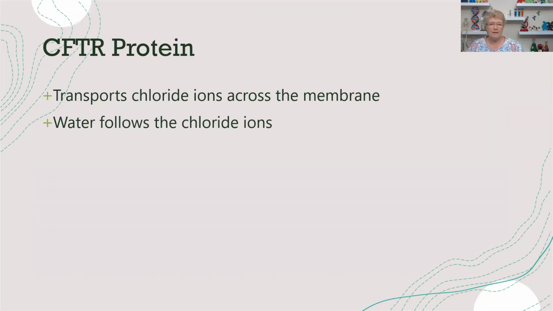Here's a kind of a real life example of a passive transport. There's a protein that's called CFTR protein. What CFTR does is it helps to maintain the amount of salt and water on a lot of your body surfaces. So let's look at the surface of the lungs. We know that our lungs have to be moist. There has to be just the right amount of water and salt on the surface of the lungs or they won't function properly. So when this protein, the CFTR protein, isn't working correctly, a component of salt, which is chloride,